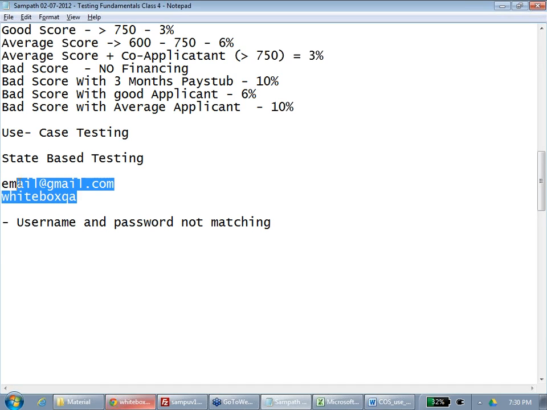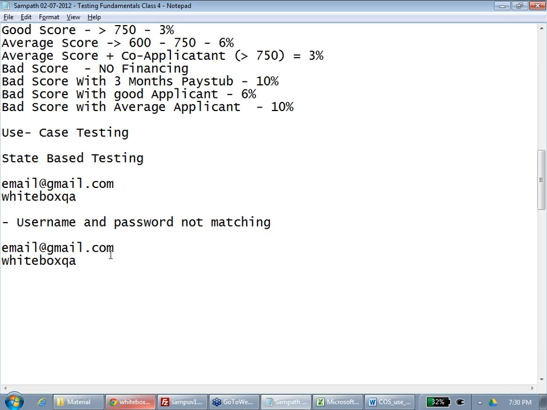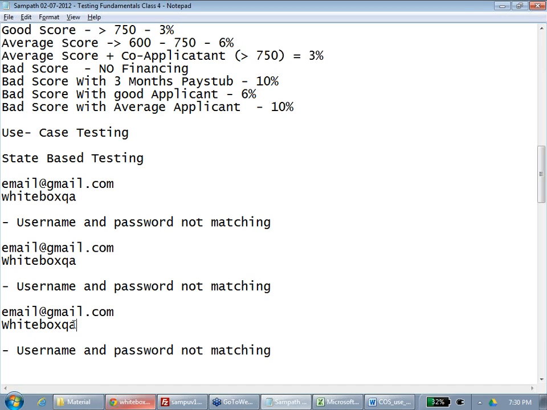If you do it again, like let's say you thought that okay, it starts with capital W. It is still invalid password. What will happen now? Username and password not matching. You will do this again. What will happen now? You give all caps.